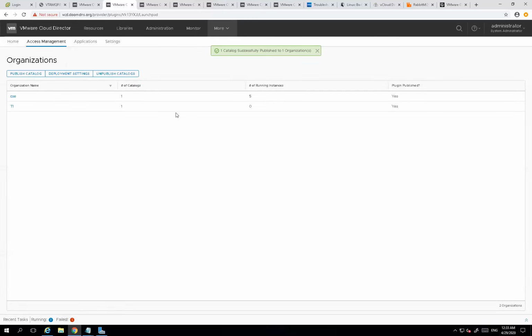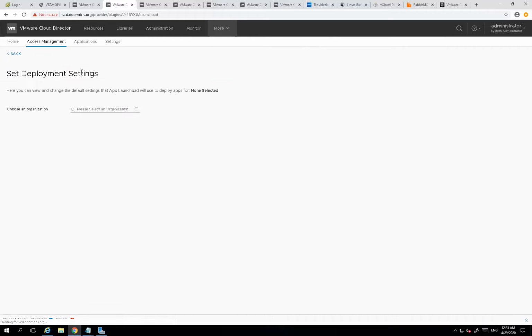So now basically T1, if they log in, they can go to the App Launchpad and see whatever is in the Bitnami 02 catalog available to them. Here you get some deployment settings. This is where you choose the default deployment per tenant. You can choose the default virtual data center and so on. Maybe I should choose CSA here rather than T1, because T1 does not have an org VDC in there, so it doesn't share the information. But as you can see, the system provider can choose the default organization's information like IP and so on